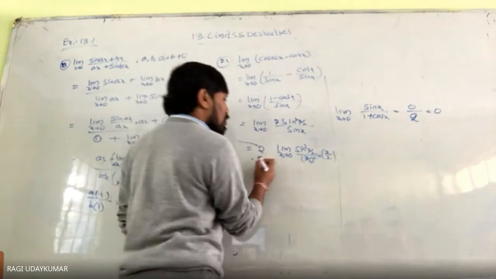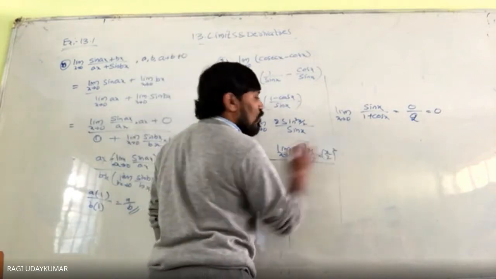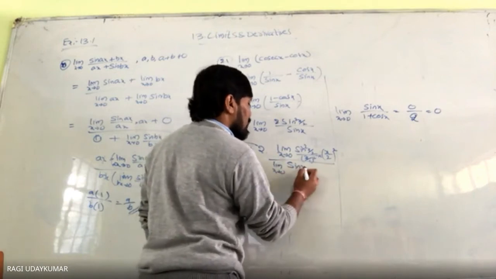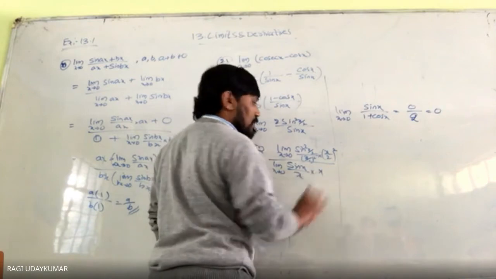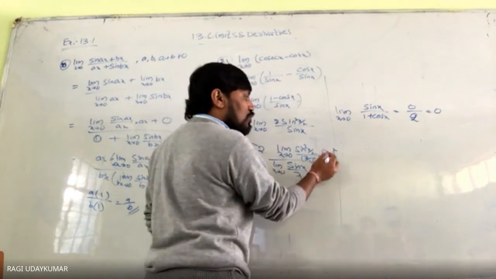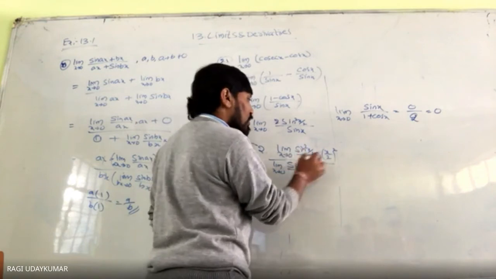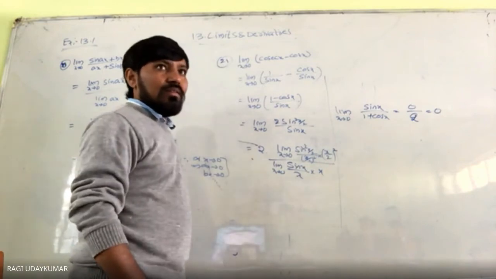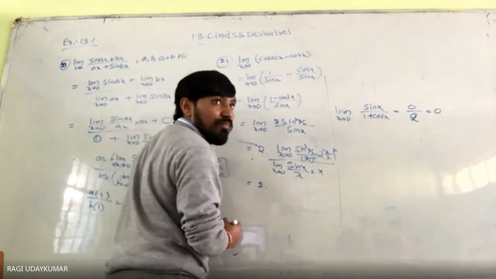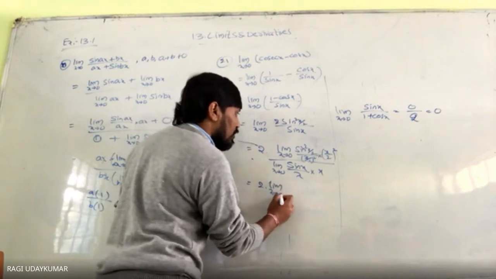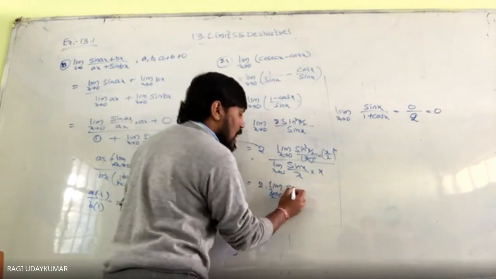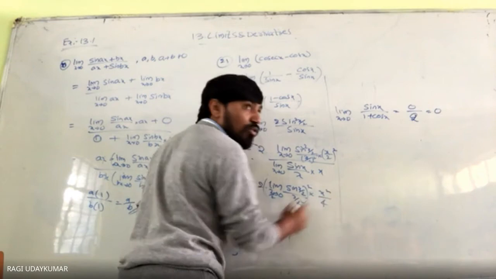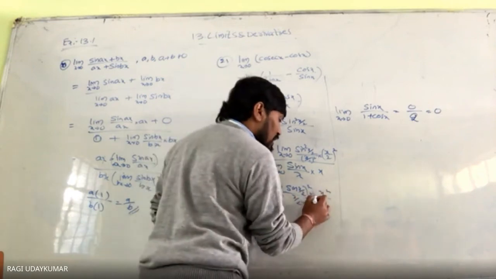This is the way if you are doing it. How do you get 0? x by 2 whole square. Then here limit x tends to 0, sin x by x into x. So here x square by 4 is present. Here x by 2, so x will remain. So this is 2 here. Limit x tends to 0, x by 2 tends to 0, sin x by 2 by x by 2 whole square into x square by 4. And here also you are going to have the limit x tends to 0.